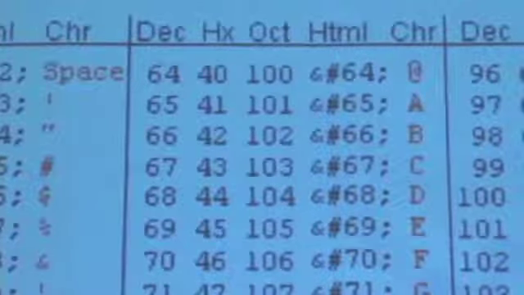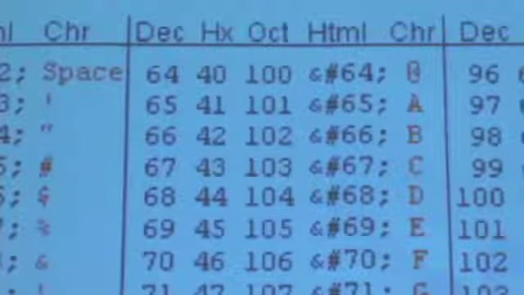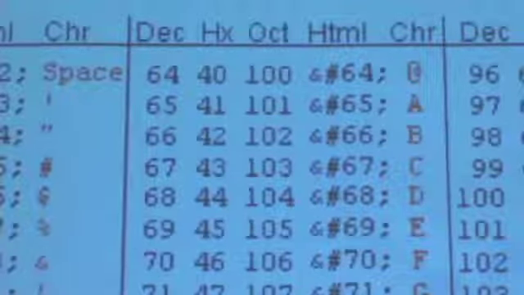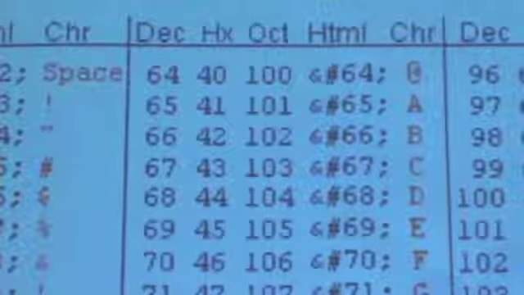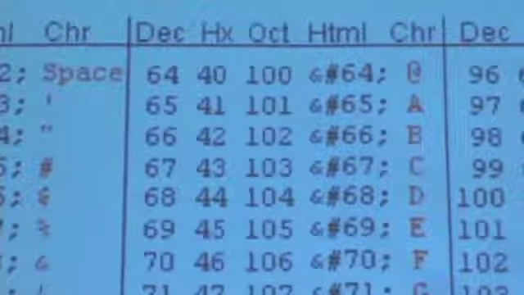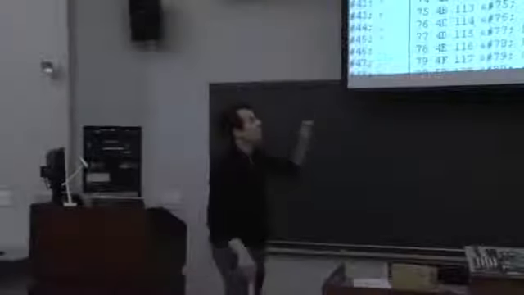41, I'm going to wave my hand at, but it happens to be the hexadecimal way of representing that same number. 101 is the octal, and then ampersand sharp 65 semicolon is the way people who write web pages represent the letter A if they really want to represent it in an unnecessarily cryptic way. Turns out you wouldn't normally represent the letter A with that crazy sequence of characters, but there are some punctuation symbols,